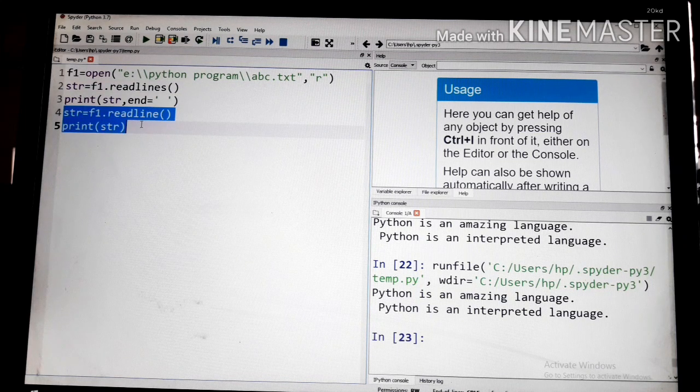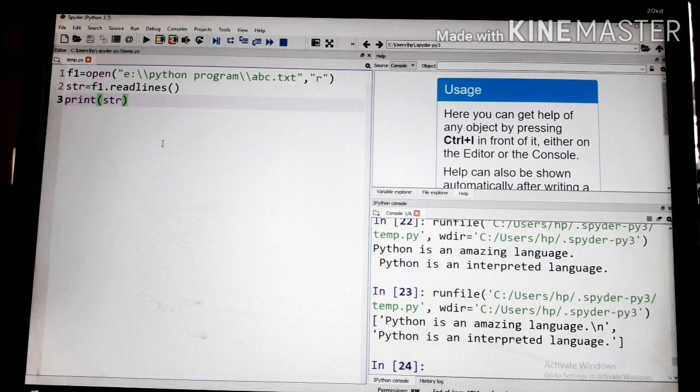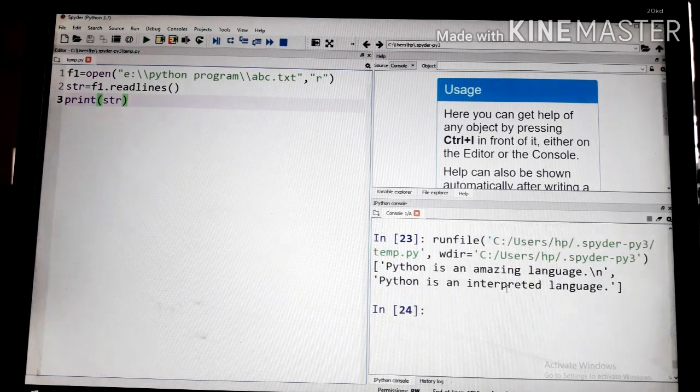Just remove the end delimiter, there is no need to write it. Now execute this program again and let's see the output.